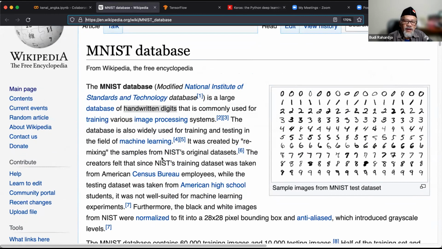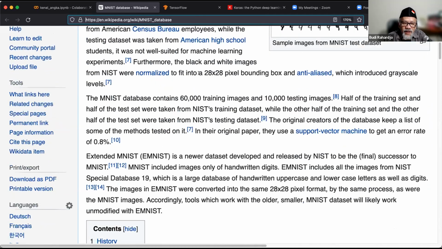It was created by remixing the samples from NIST's original datasets. The images are 28 by 28 pixels. It has 60,000 images for training, and we're going to use 10,000 for testing.